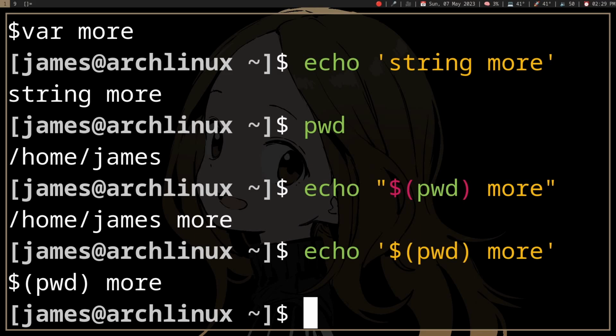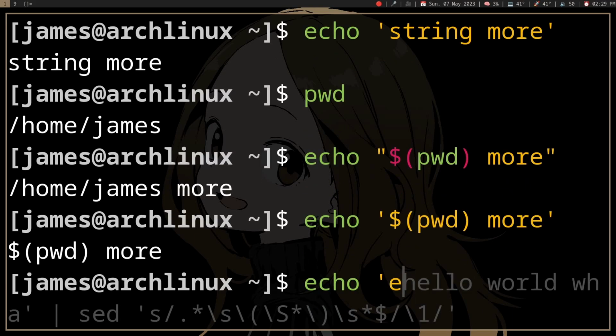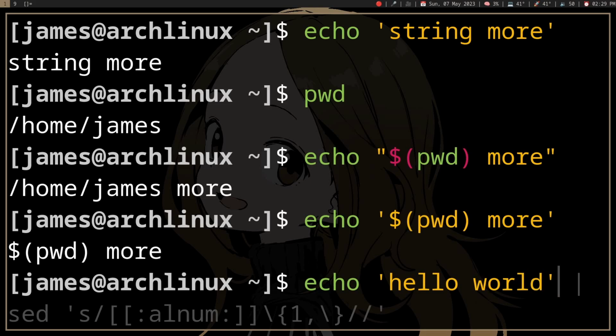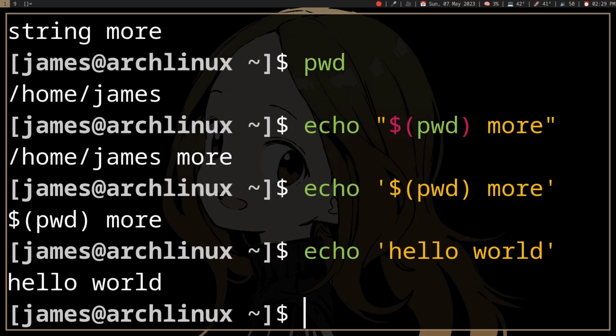So probably if you have just a literal string, like hello world, for example, it will probably be faster if you just use single quotes, because here the shell can just pass the argument to echo without actually needing to check the inside of the quotes, right? So yeah,